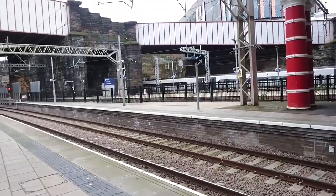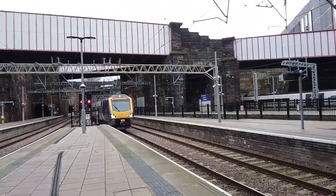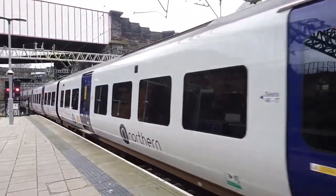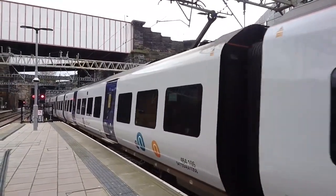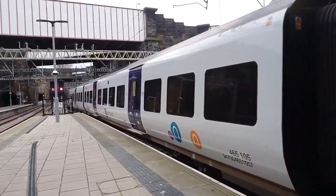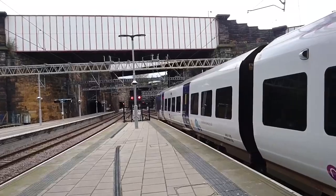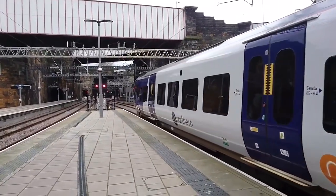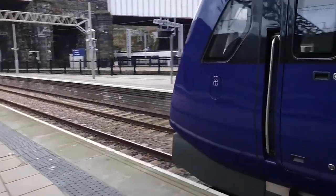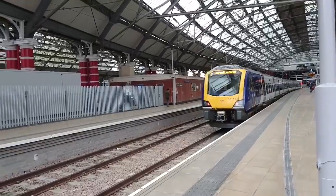LNWR, and before that, now arriving in is 331105, with a terminating service from, I think it is Manchester Oxford Road, I think. I'm not actually quite sure myself on the subject, but the 331 is arriving in. So it's terminating here at Liverpool Lime Street, 331-105 arriving in to Liverpool Lime Street,